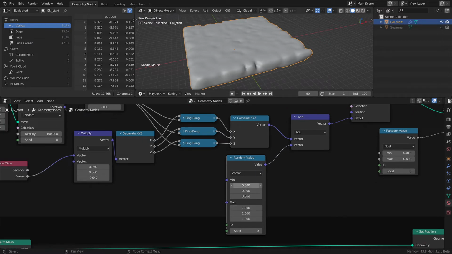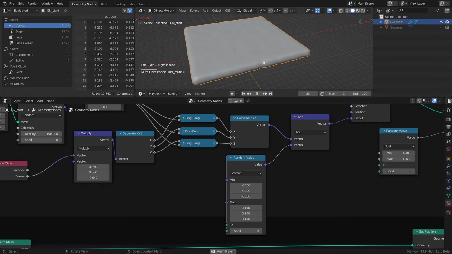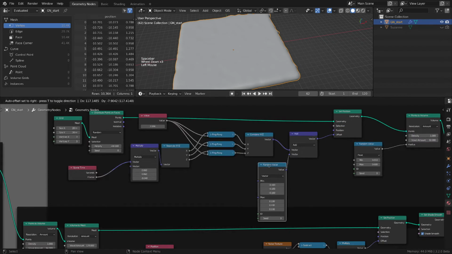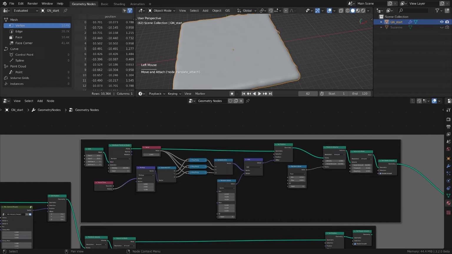So let's say we play a little bit with these values and make sure they are not too intense, something like this. And you can see the difference. Instead of having everything move together, we can have something that has a lot more variation built into it. So here you go. I think I'm gonna stop here with this